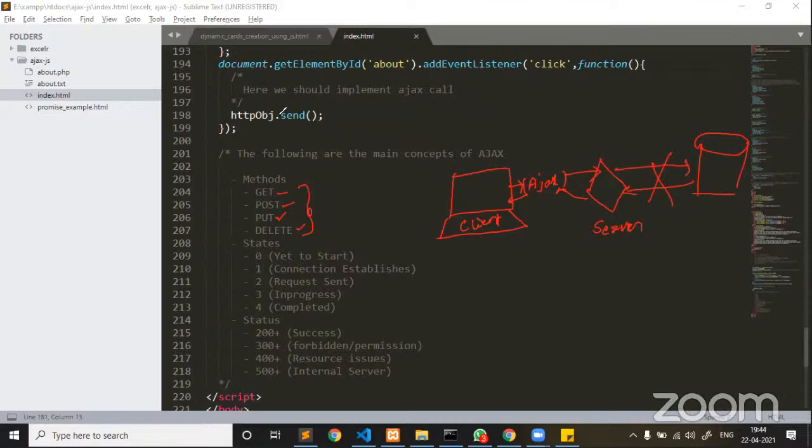Now there are create, read, update, delete. These are the 4 operations that users are performing against web elements inside a page: creating, reading, updating, deleting. That is known as CRUD operations. These are the 4 operations that users are going to perform frequently.